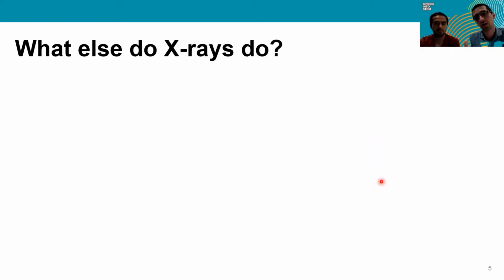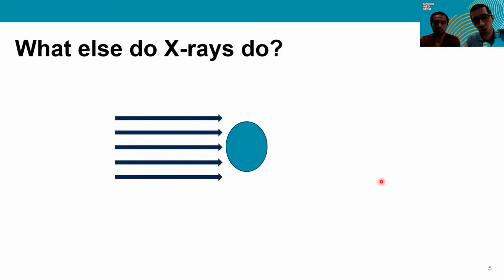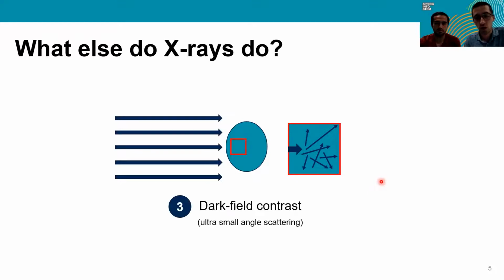There's a third thing that happens when X-rays hit matter that I wanted to talk to you about. So I've talked to you about attenuation, I've talked to you about phase or refraction, and I want to talk to you about scattering. Okay, what is scattering? Well, again, we have the sample, we have the object, the X-rays reach the object, they hit it, and then if we look closely, what happens when the X-rays hit the object is they start hitting all the atoms and molecules within the object. They start changing direction really quickly, really small at a microscopic level like this. And this is called scattering. And this causes what is also known as dark field contrast.